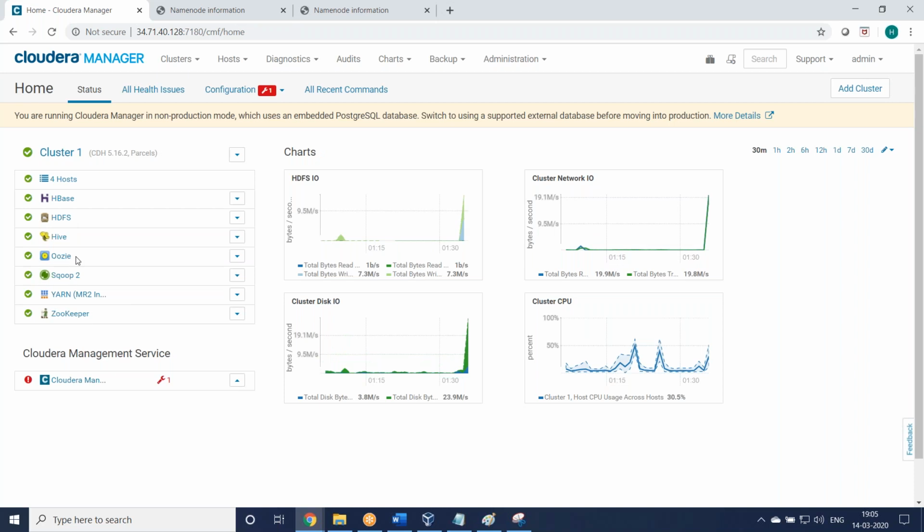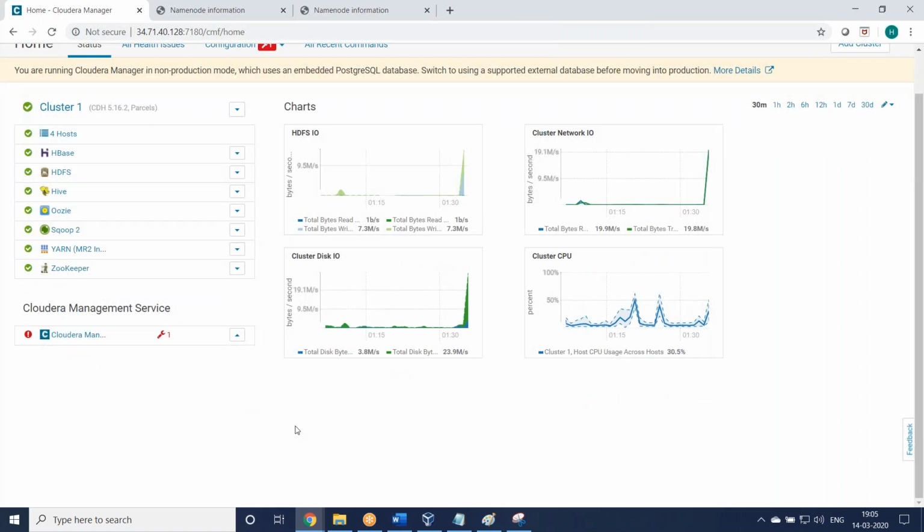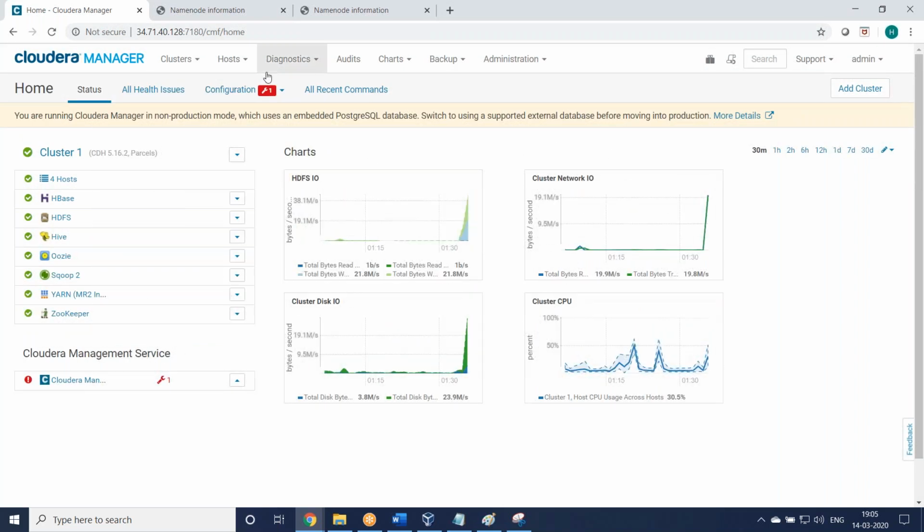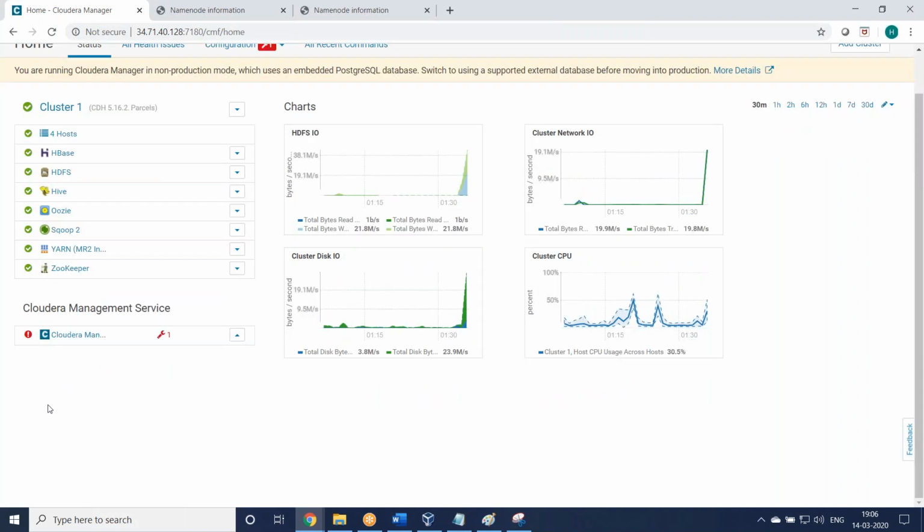Also in Cloudera, you can see not only a single cluster, here cluster 1, and down cluster 2, cluster 3. You can configure multiple clusters in a single Cloudera Manager page and monitor them. For example, if you joined a banking company, they have a cluster for credit card, so they'll name a cluster credit card, and another cluster debit card.